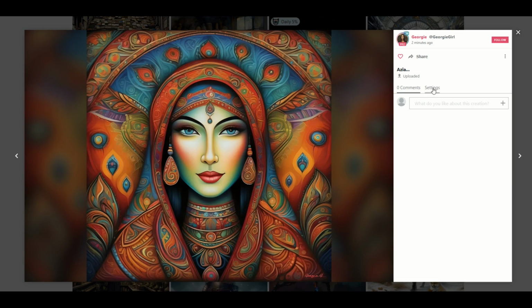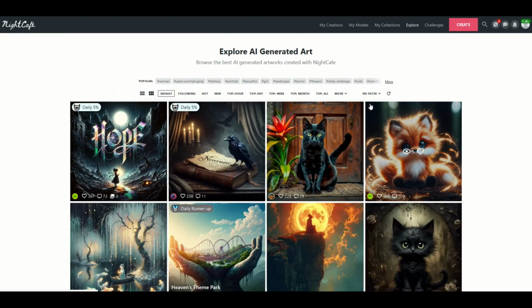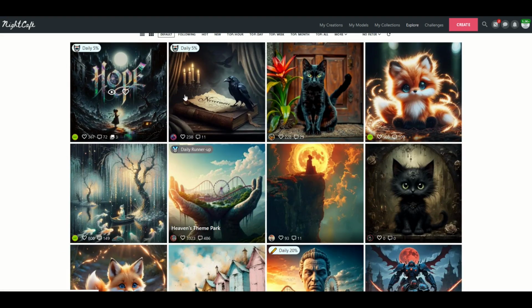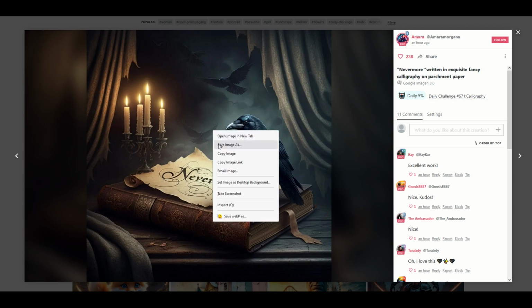I do want to point out sometimes you'll pick an image, this beautiful image here. When I click on Settings, you'll see it says here, this creation was not made on NIGHTCAFE. So they'll upload their own images, or they'll use another AI generator and then they'll fiddle around with it inside of NIGHTCAFE. You can see as well, some users are able to hide the prompt because they don't want other people to copy the style. But there's lots of different images here that you can see and you can even use on NIGHTCAFE. I can download these images, for example. I can click on this one. I can simply right click it and I could click Save As, and it would download now as a JPEG